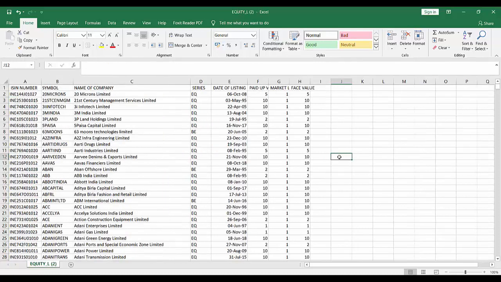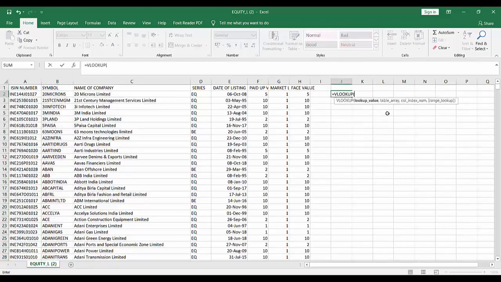Next we will go to the NSE file. In the NSE file we have the NSE symbols. Now what we need is the BSE codes and the names, so we'll run a VLOOKUP exercise. Suppose we run a VLOOKUP, and the common thread between the NSE and BSE files is the ISIN number, comma.